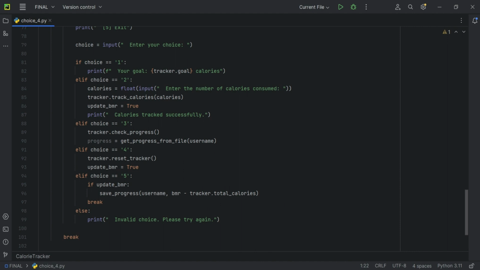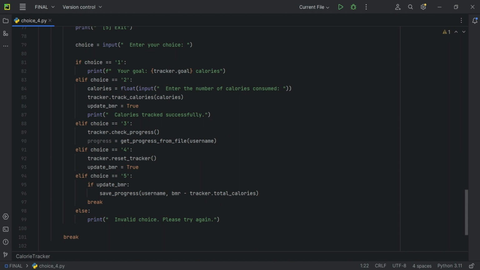If the choice is 1, the current goal is displayed. If the choice is 2, the user is prompted to enter the number of calories consumed, and the trackCalories method with the parameter calories is called to update the calorie count. If the choice is 3, the check progress method is called to display the progress and retrieve the progress value from the file,